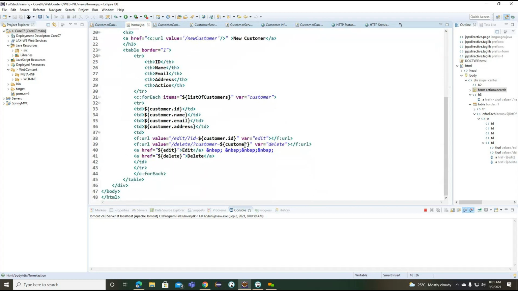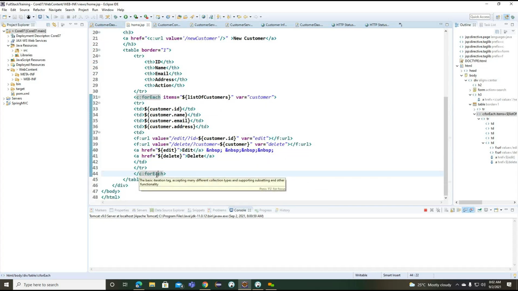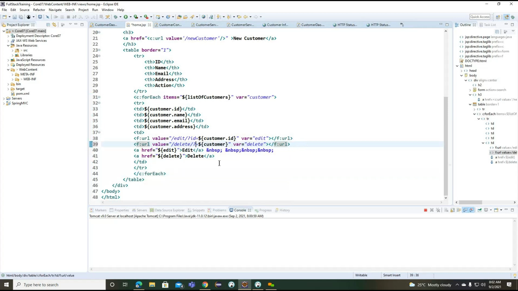And the URL, an anchor tag for each. Instead of loading an object here, the object is expected as a string here. So instead of returning customer here, the customer is expected as an ID.